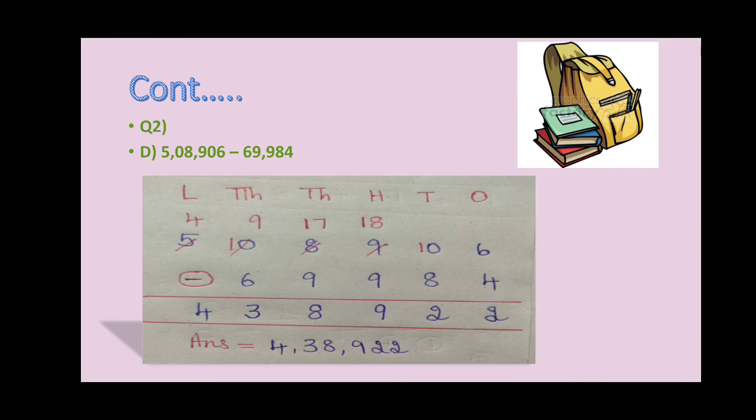So bring down 4. Then from right hand side take a comma after 3 digits, and then take a comma after 2 digits. Why? Because first period consists 3 digits, second period consists 2 digits, third period also consists 2 digits. So that is the reason. From right side 1 to 3 comma, 1 2 comma, 1 2 comma, you have to remember in that way.